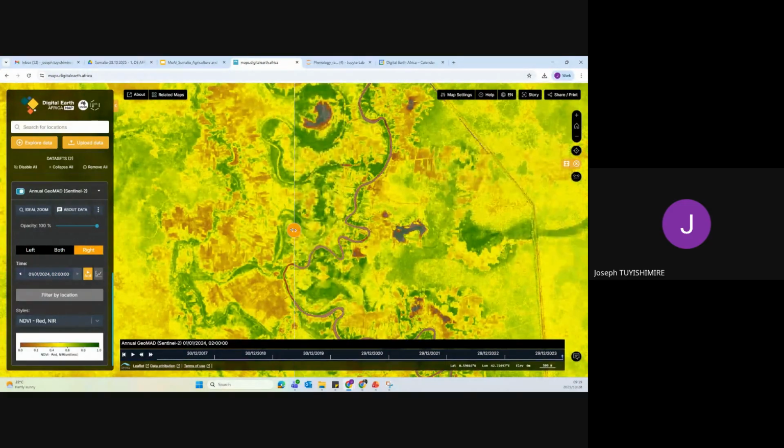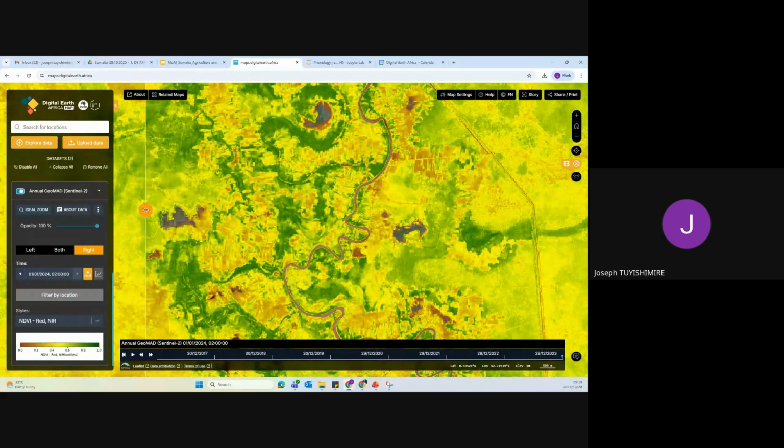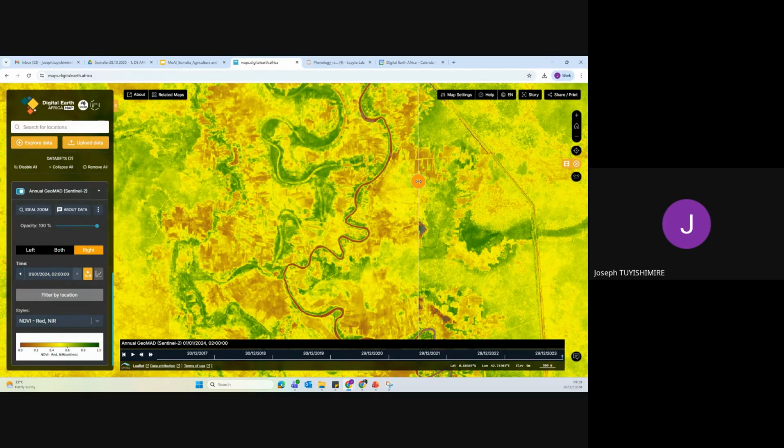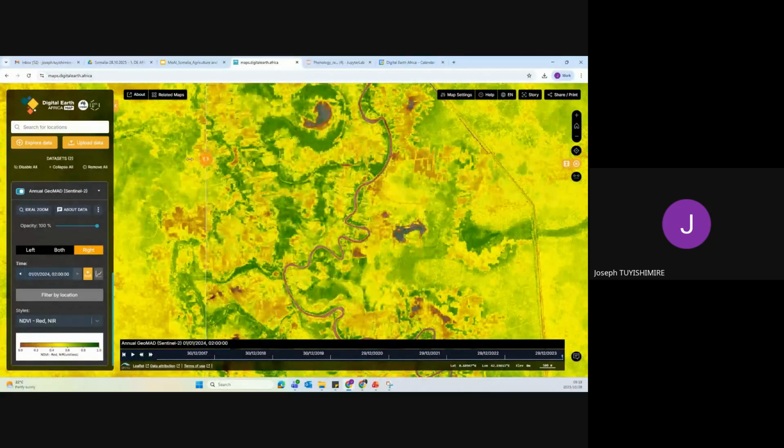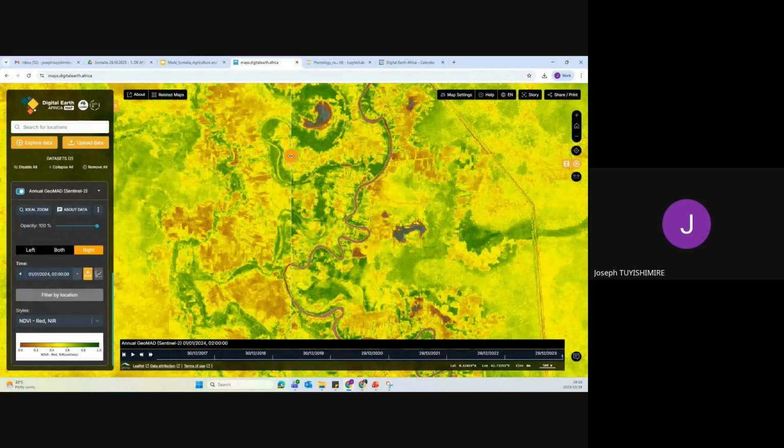This was 2017, this was 2024, 2017, 2024. You can see that 2024 looks greener than 2017. This is a good indicator that the median NDVI in 2024 is higher than the one in 2017. That reflects crop health, even the yield, the production in general has been higher in this area in 2024 compared to 2017. This could be confirmed by people on the field, or you can do some visits.